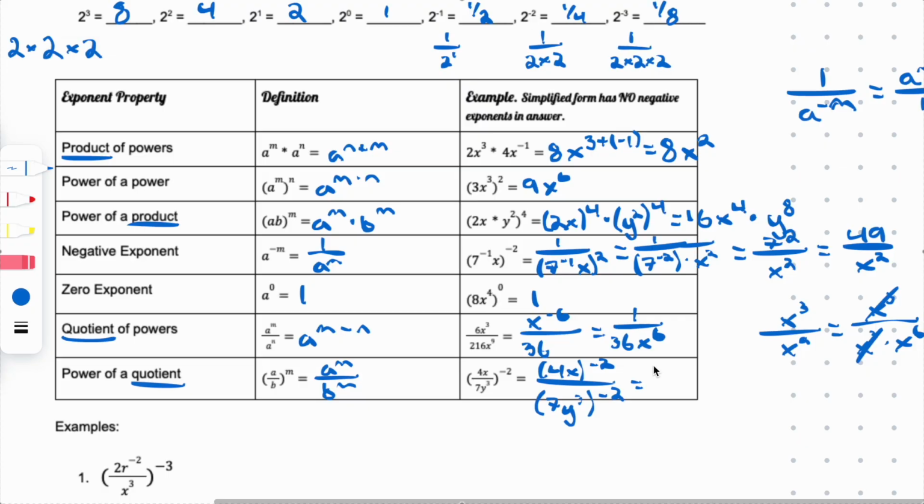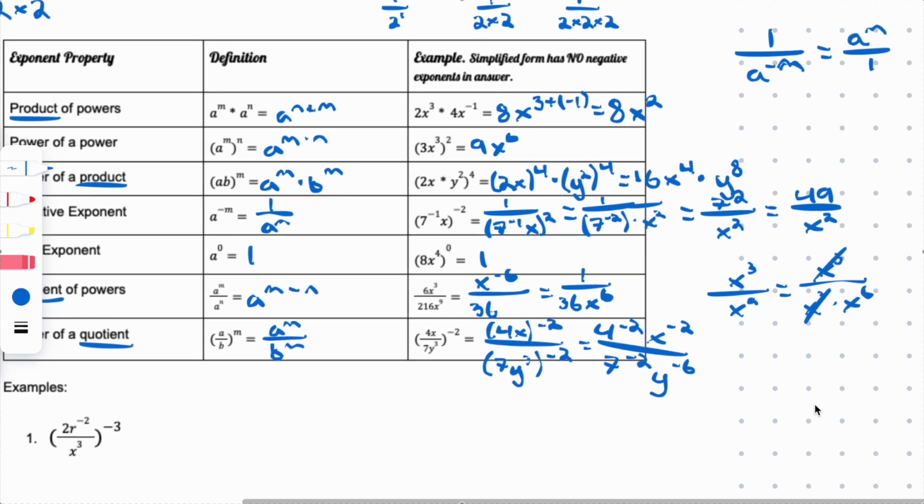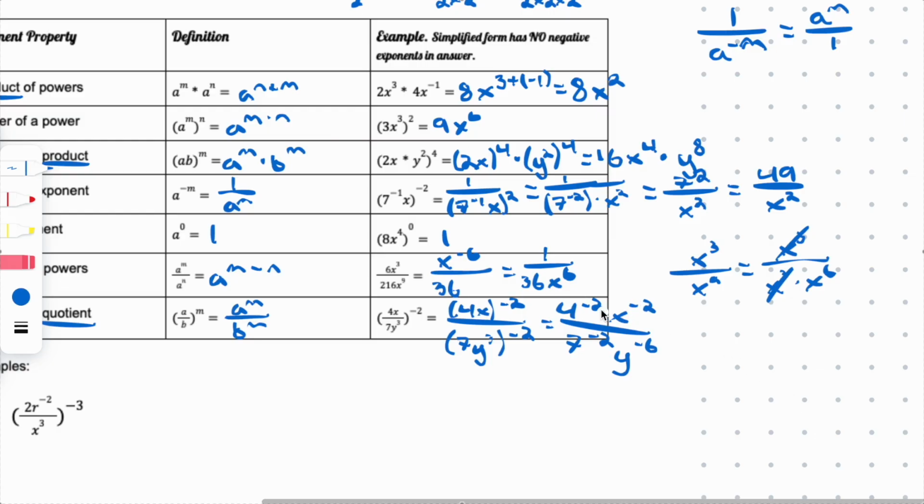So we have 4 to the negative second power, x to the negative second power, over 7 to the negative second power, and y we have to multiply negative 3 times negative 2 to get negative 6. Now all of these are negative exponents, so in hindsight I probably should have done that negative part first,